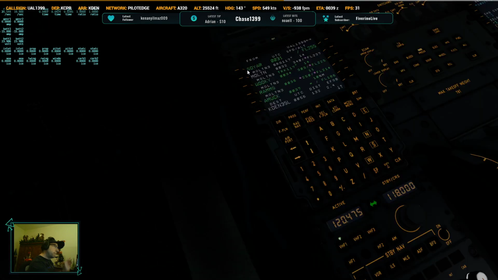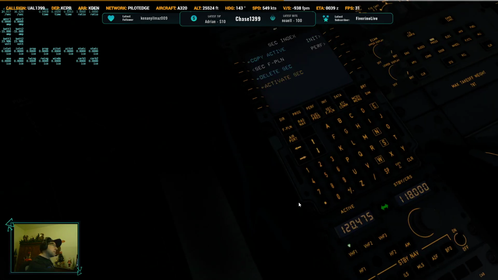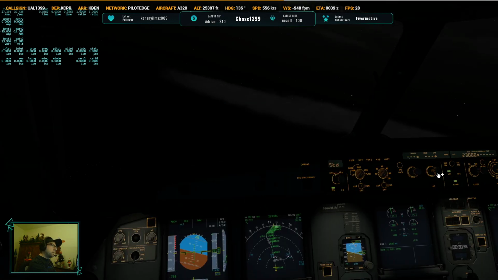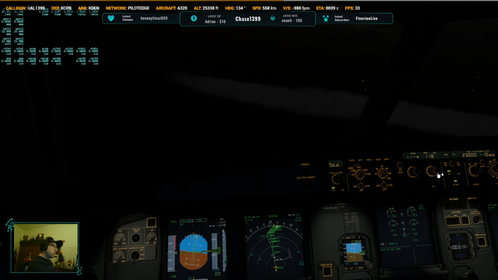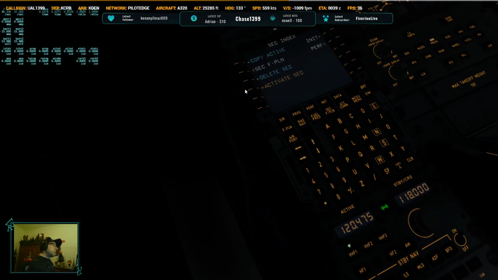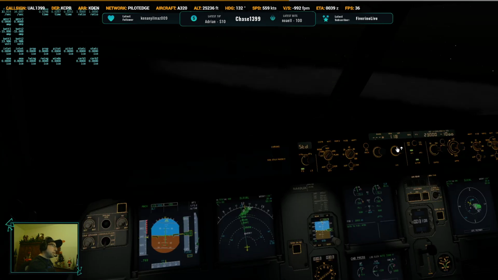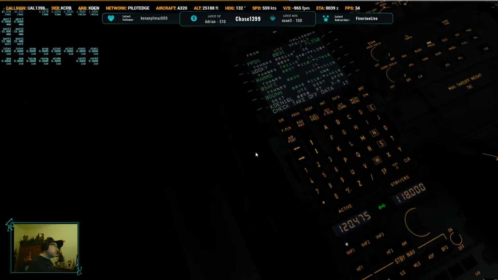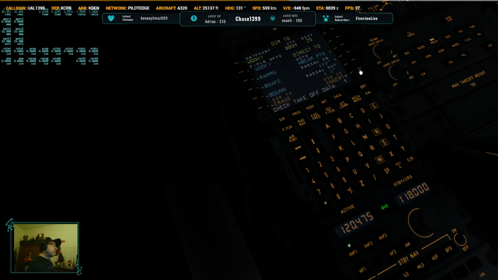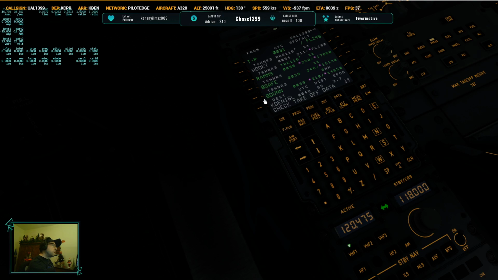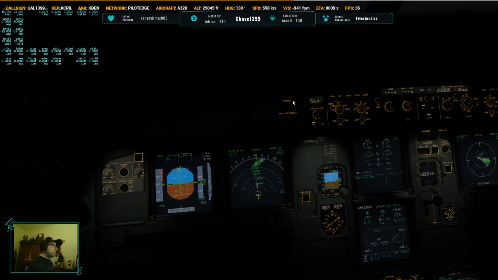Holy cow. Alright, so, second plan. I'm going to do heading mode. I'm going to go straight to Wookiee. We're going to activate the second flight plan, and then direct to Wookiee. And it's 16 left, so I already had that in there. Let's make it back to managed. So now we're descending